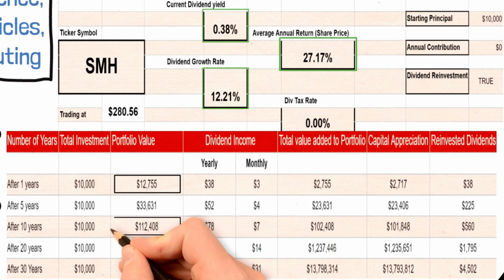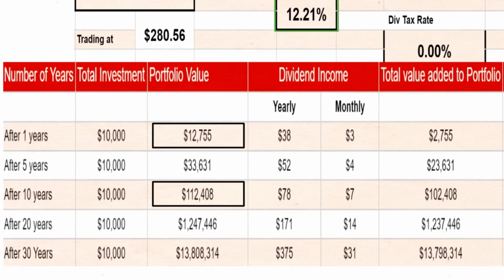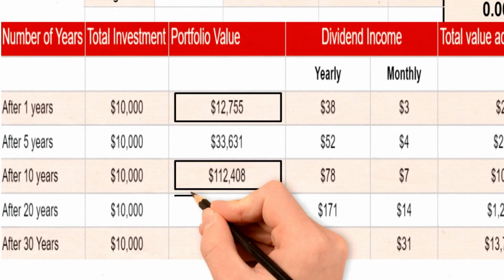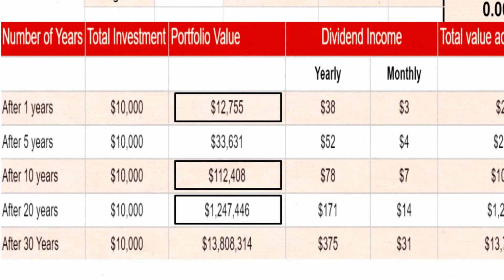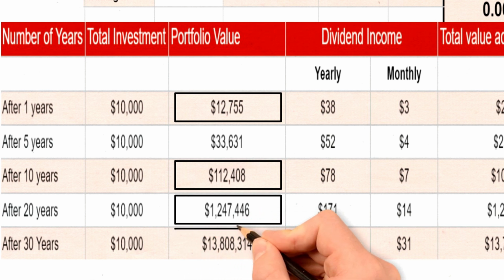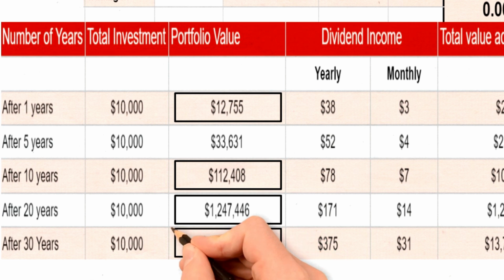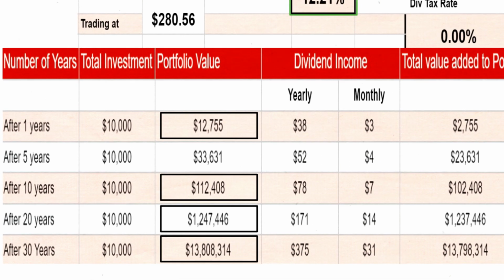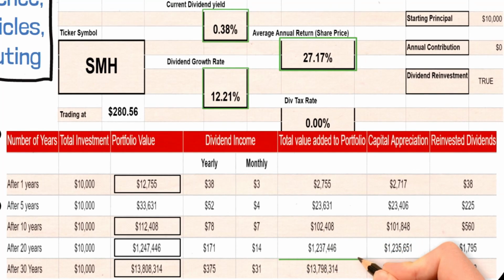$112,408. For those committed to long-term investing, the projections are particularly impressive. Over 20 years, your investment could grow to $1,247,446. And after 30 years, it could reach a staggering $13,808,314. The total value added from capital appreciation and dividend reinvestment over 30 years is an astounding $13,798,314. But they lack